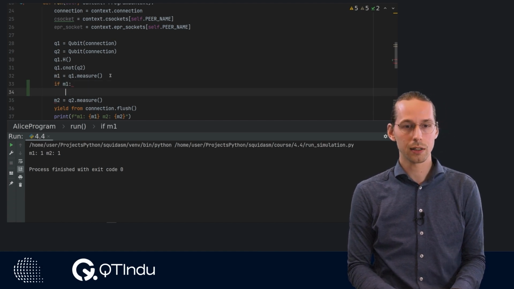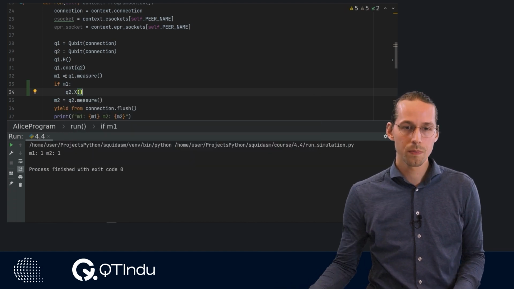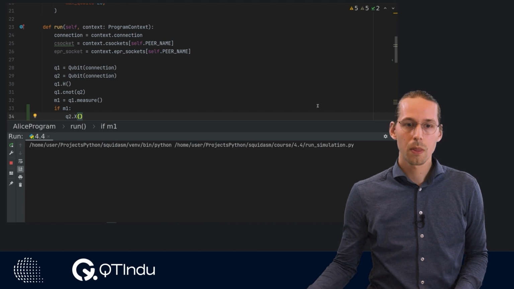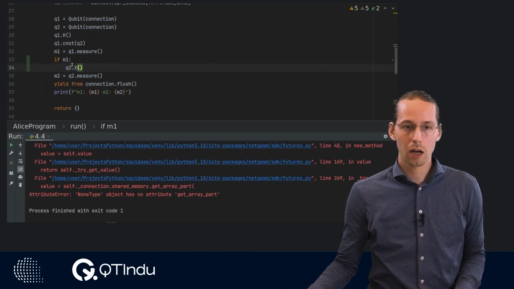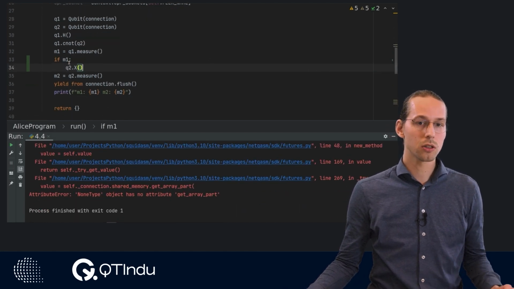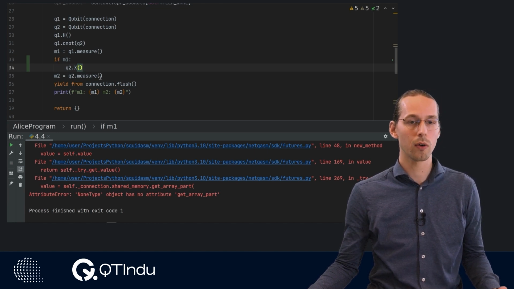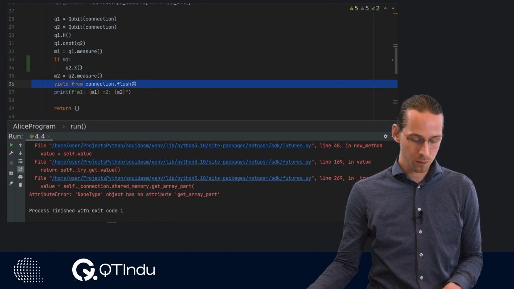Suppose we want to do something like this, Q2, and I'll apply an X-gate to Q2. Well, if we now run this code, we see we again get an error. That's because these instructions have not happened at this moment yet. We need to first send them to the QMPU before we have an M1 value.